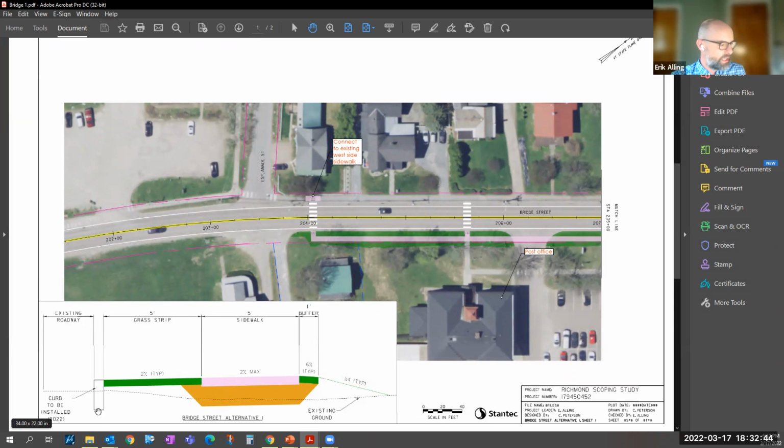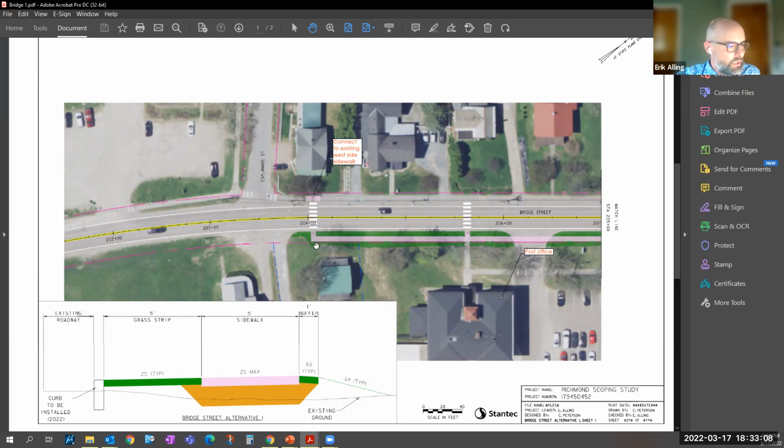So we're showing it there as kind of already existing when the sidewalk comes through. But it would be a standard 5-foot grass strip, 5-foot sidewalk, and then it would tie back down into existing on the backside. And starting at the southern end, it would cross to connect to the existing sidewalk along the